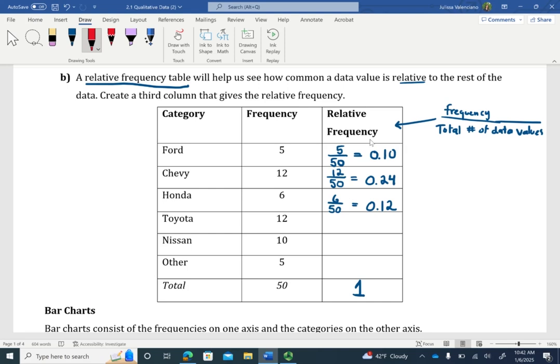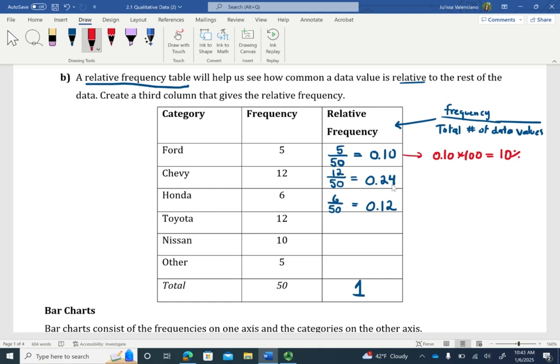Well, this represents the proportion of data values that land in the 4 category. It might be helpful to convert this to a percent. So 0.10 times 100 is equal to 10%. So 10% of the data values land in the 4 category.